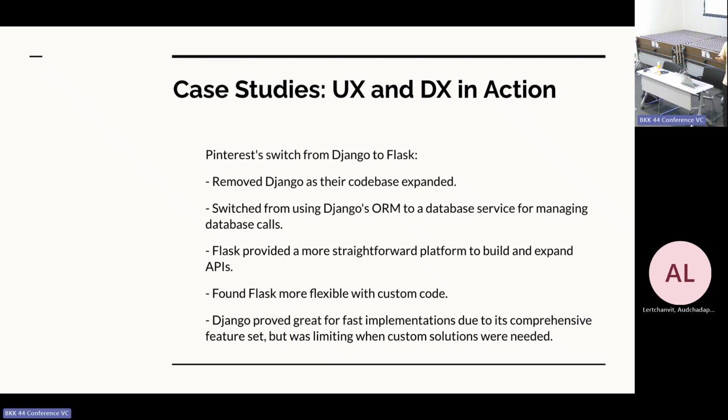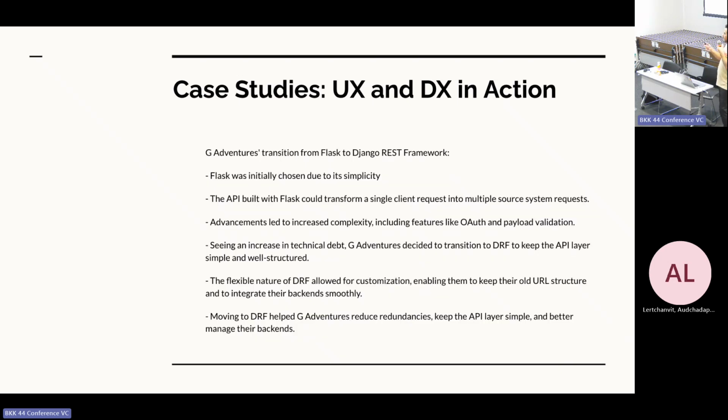They want to define their own stuff, so they just move to FastAPI. We have the complete opposite in this case. There's a website called G Adventures. It's like Agora or Kayak or any of these websites where you can book activities. Very similar scenario. They moved from Flask to Django in this case, where they said, we chose Flask initially, but